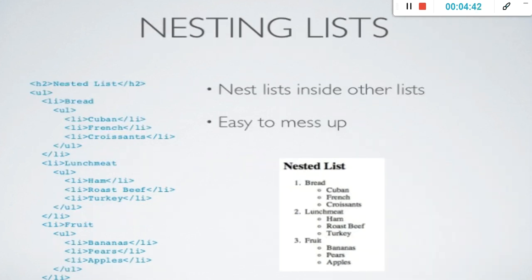And the last one is the nested list. Nested list means what? A list nested inside another list, meaning a list inside another list. Okay. See here, nested list, the output is, see here, the bread, in that bread a sub list is given. Okay. Then in that lunch meat a sub list is given. In this fruit a sub list is given. Likewise, this is called a nested list.